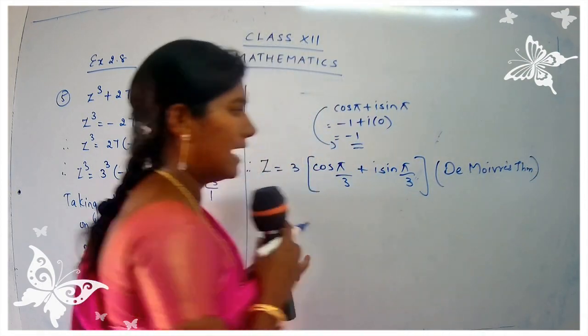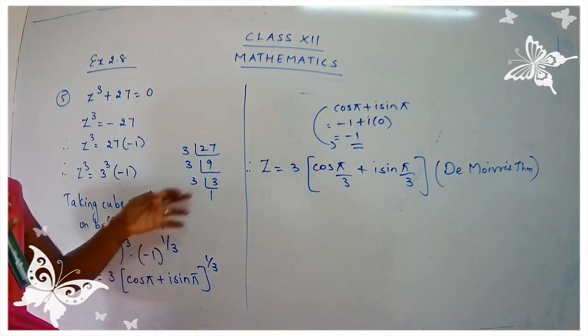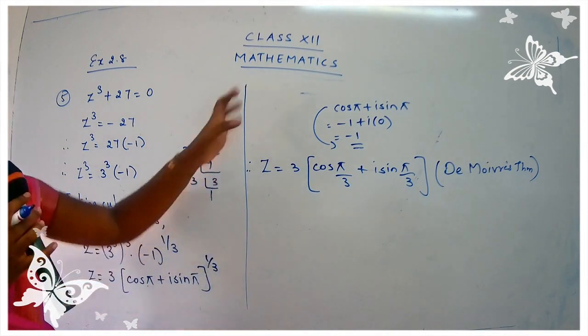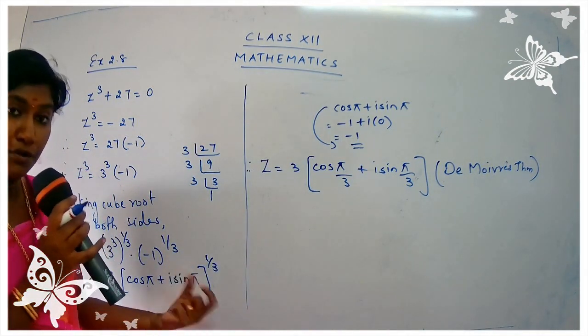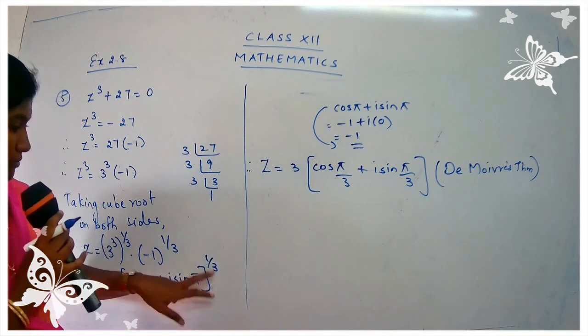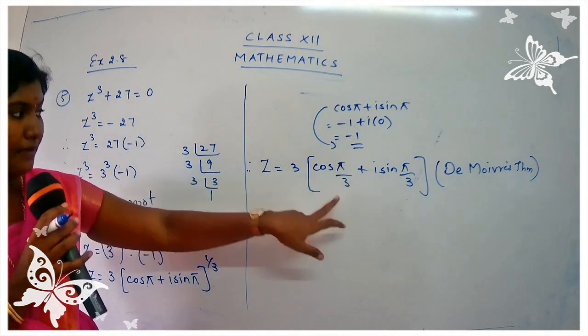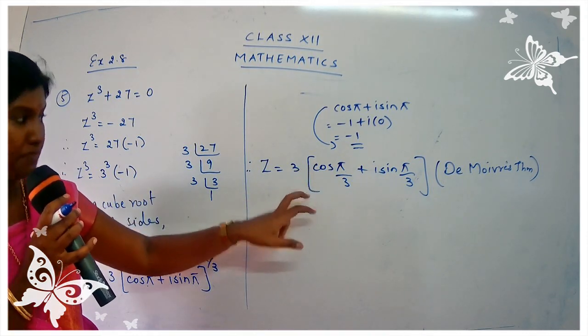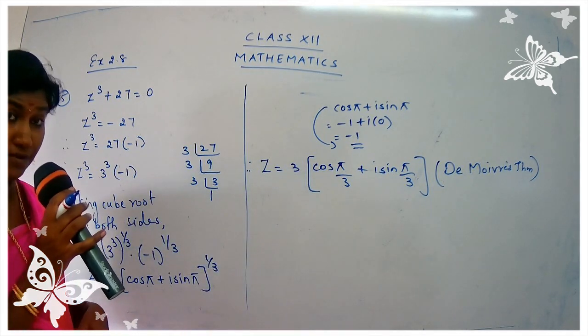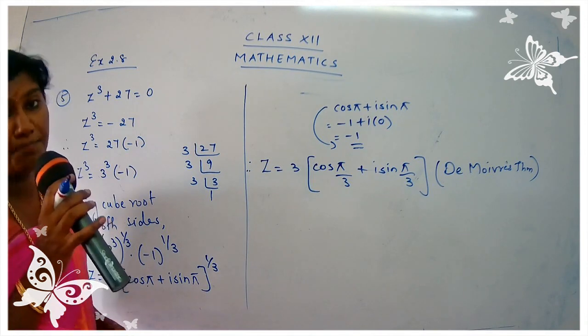So I have mentioned the theorem. Once again, you have already applied the theorem, so don't write the power again and apply it again. So be careful when you write down the statement. We have already used the theorem and multiplied to the angle. So we get 3 times (cos of pi by 3 plus i sin pi by 3).